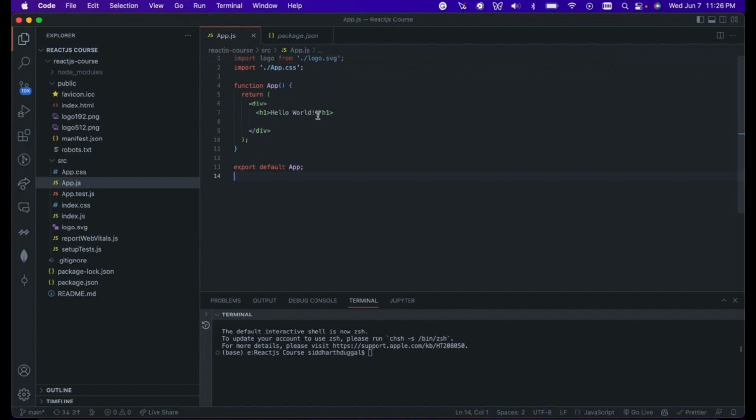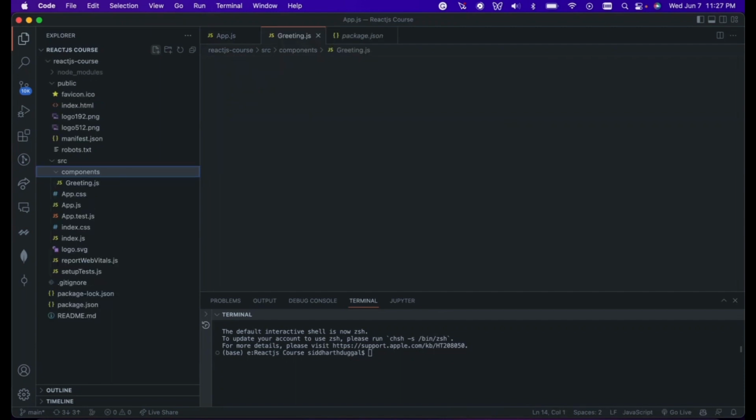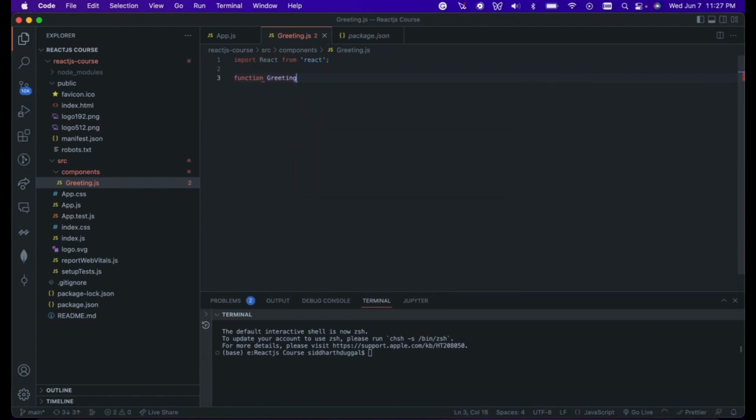So, I have app.js open right here, so let's create a new component that we can use within our app page. I'll create a new folder inside the source directory called components. And inside that components folder, I will create greeting.js. Inside this file, I'll go ahead and import React from React. And then I will create a function called Greeting